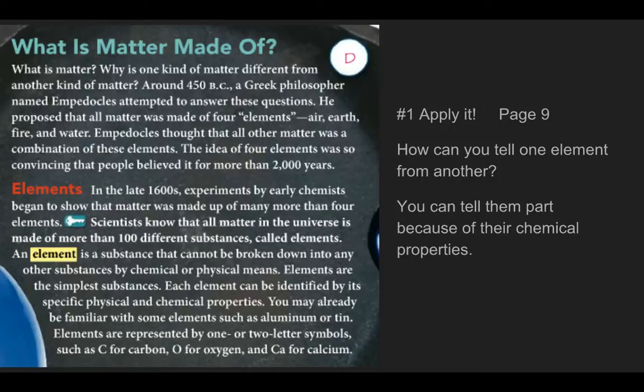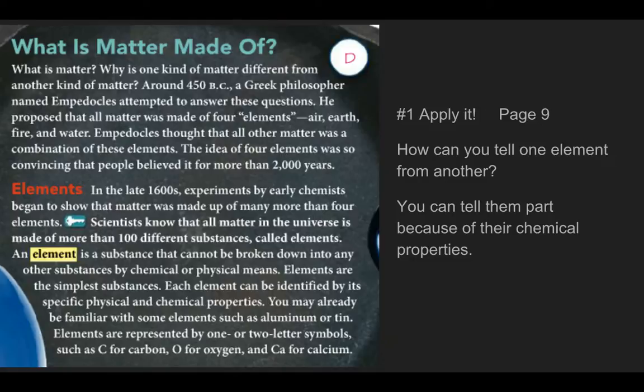He posed that all matter was made of four elements: air, earth, fire, and water. Empedocles thought that all other matter was a combination of these elements. The idea of four elements was so convincing that people believed it for more than 2,000 years. In the late 1600s, experiments by early chemists began to show that matter was made up of many more